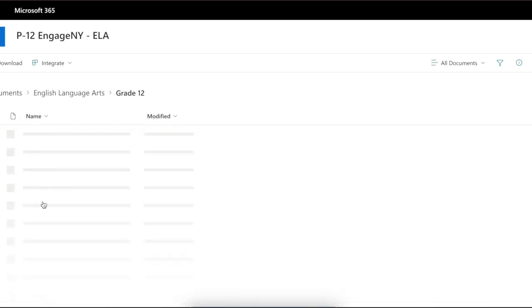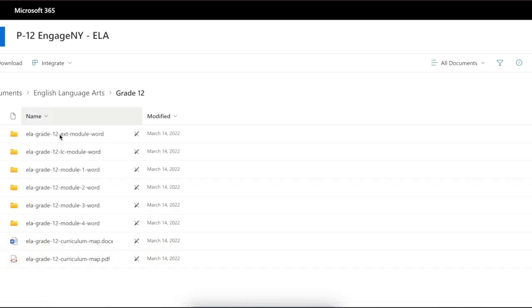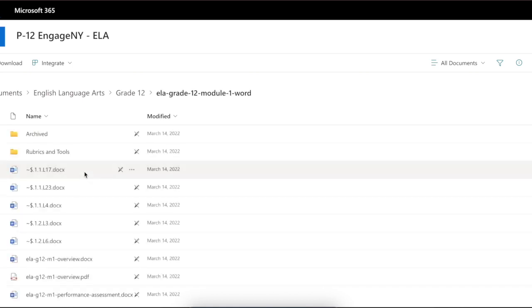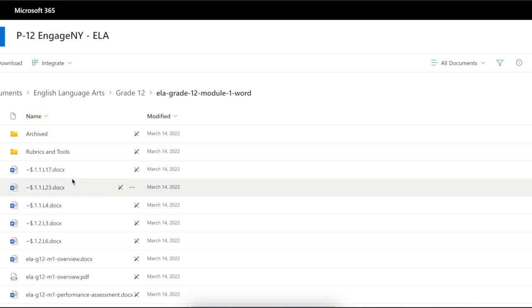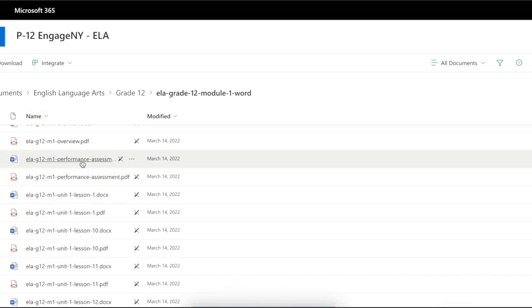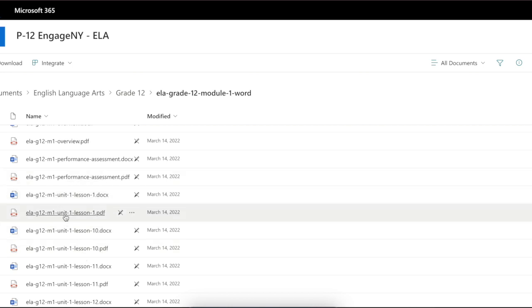I'm just going to click into grade 12 because I was a high school teacher. And so then from here, you can see each module, you can see an overall curriculum map. So let's just go into one of the modules to see what resources are available. In here, you can see different things like rubrics, the performance assessments. You can see Unit 1, Lesson 1. You can see all these things. So if I go into, for example, a PDF version of Unit 1, Lesson 1,